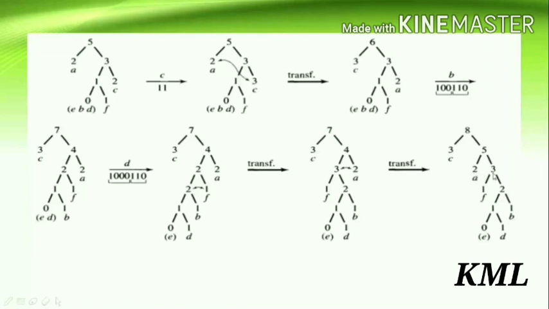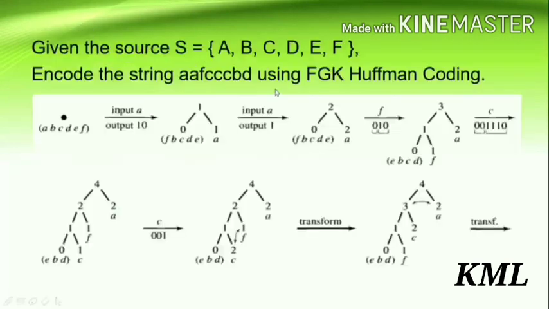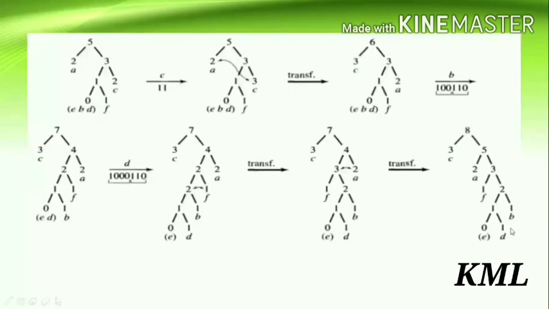After that what do you get? 2 plus 3 you get 5, this 4 becomes 5 and again check the sibling property. So 8, then 5, 3, 3, 2, 2, 1, 0. Then this is 7. Now this 5 plus 3 becomes 8. So this is the final tree after processing D. This is the end of the input. Here we have the input D as the last letter, so we stop here.